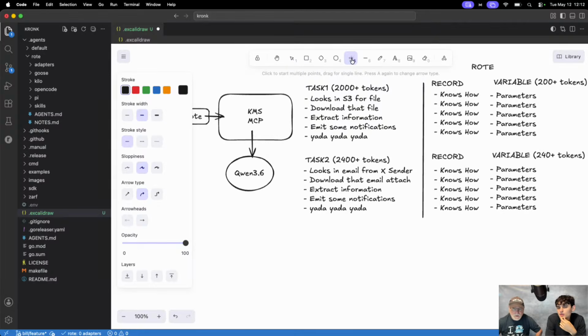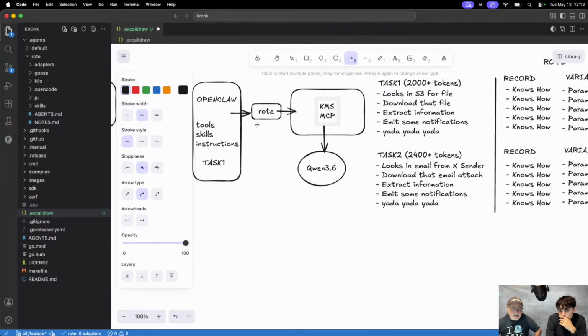So one thing is probably silly if I'm going to use rote to use the MCP for Brave. What I should do is allow rote to record how to make a Brave API search, right?